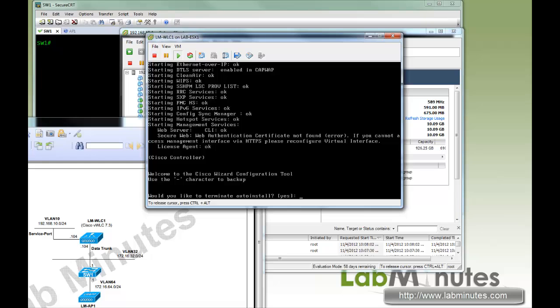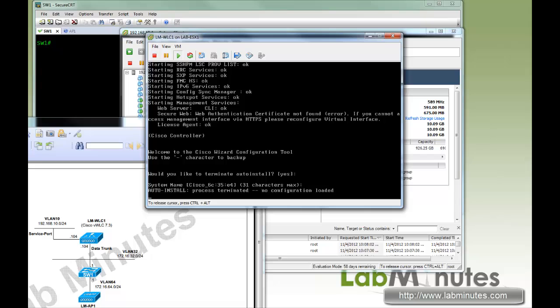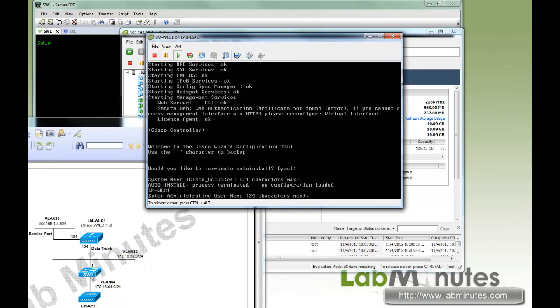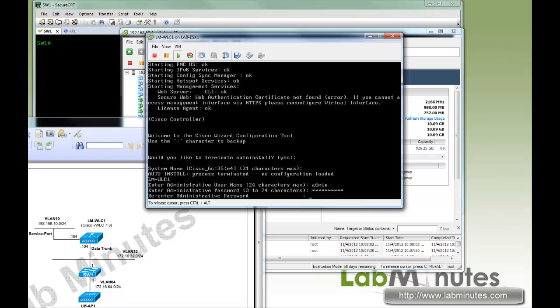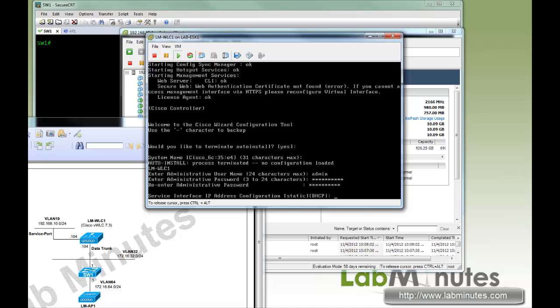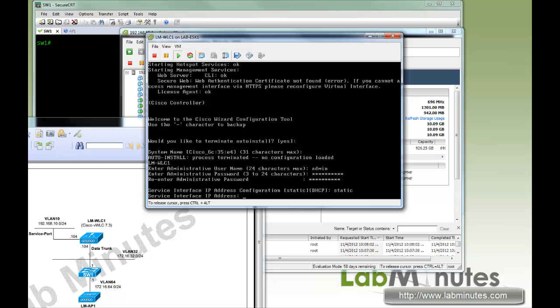Now we're going to step through the setup wizard. The first thing it's asking you for is the system name. We'll call it LM-WLC1. Admin username, and then the password, and then confirm the password. And we would want to give a static IP to the service port, a service interface. And the IP is going to be 192.168.10.104/24